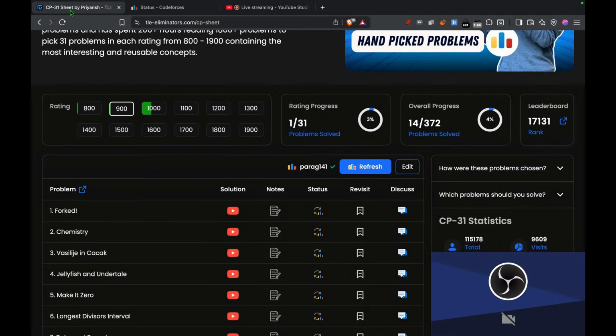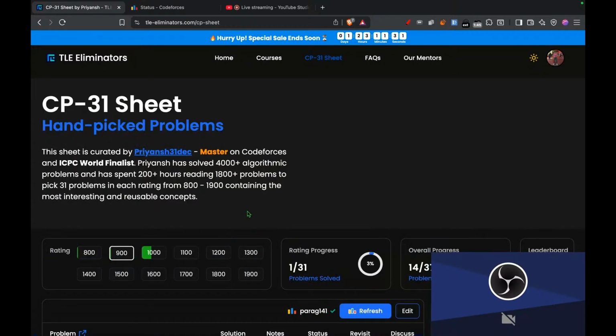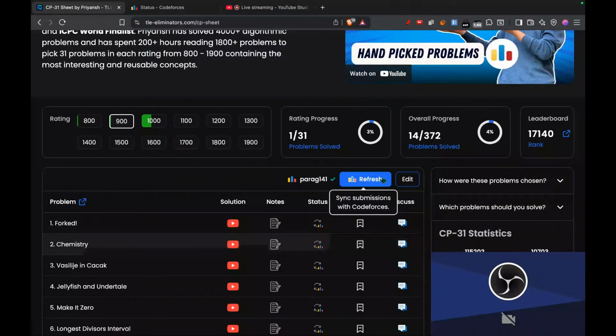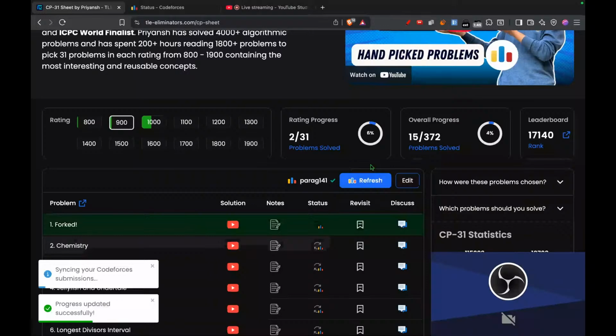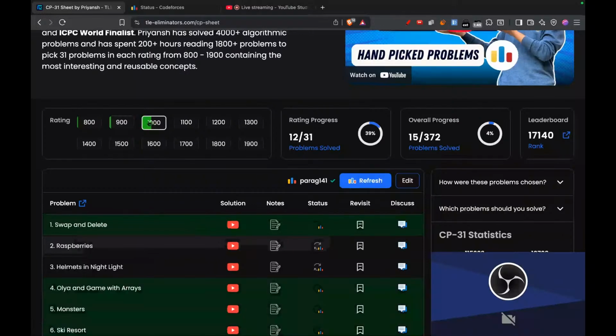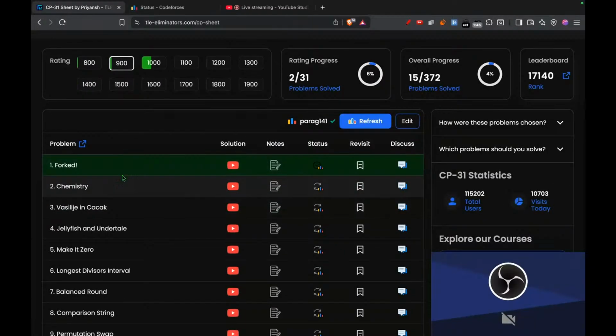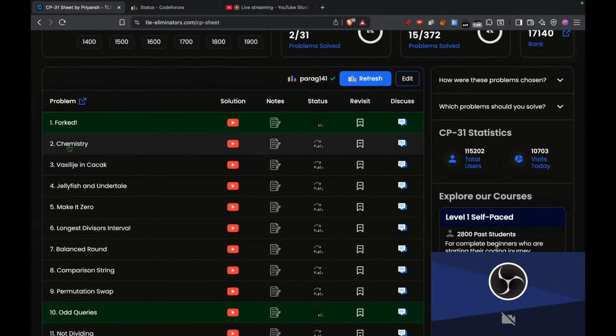So are we done here also? Let's reload. Yeah, am I done with this? 2000. Oh, that's not fork. That's messed up. Let's see the